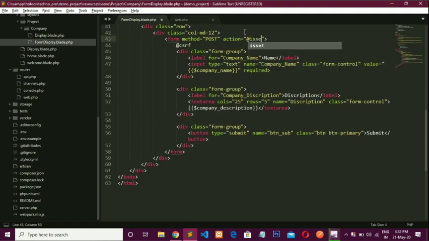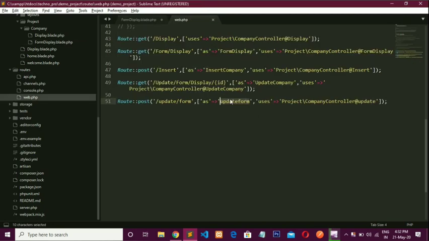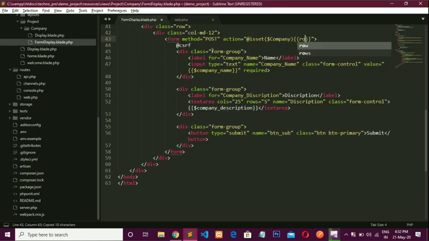Okay, so for that you have to write isset in brackets, checking whether the dollar company variable is set or not. Okay, and if it is set, then call the route of update form. So copy and paste it over here, route update form, and if it is not set, then call the route of insertion.